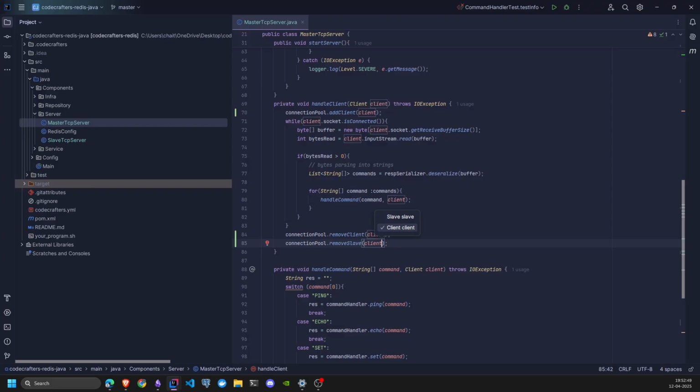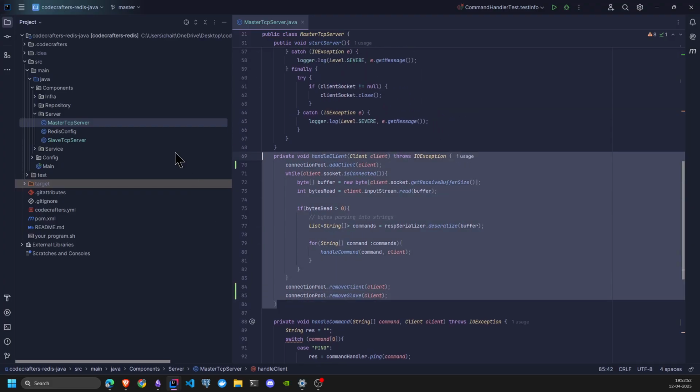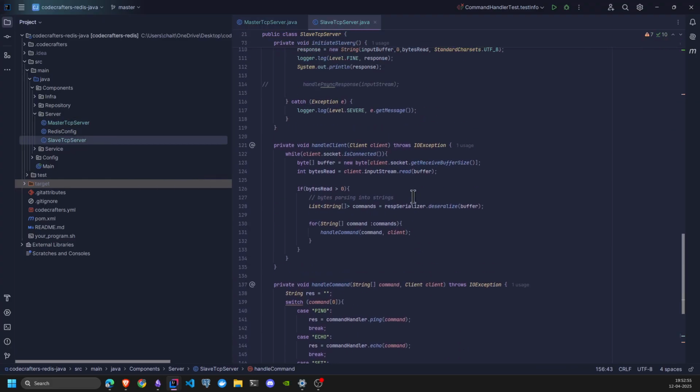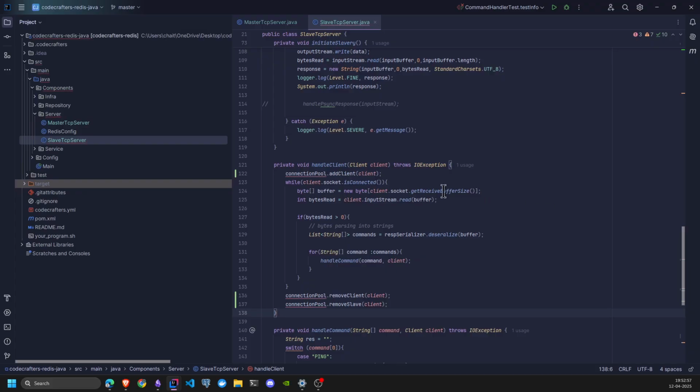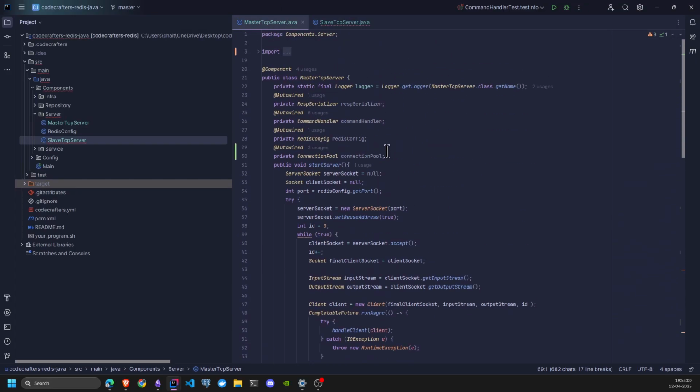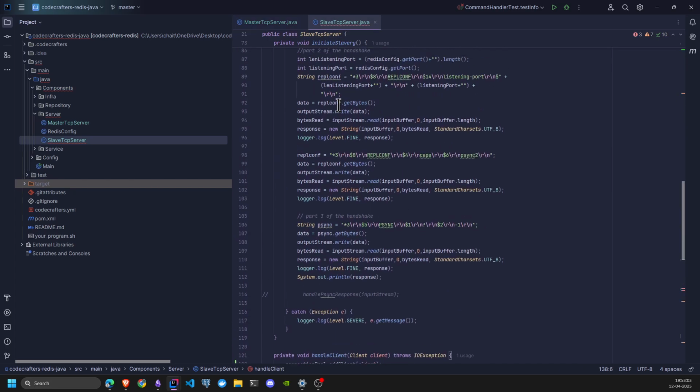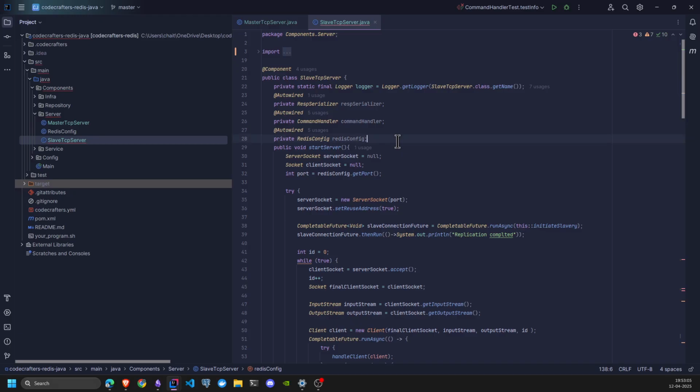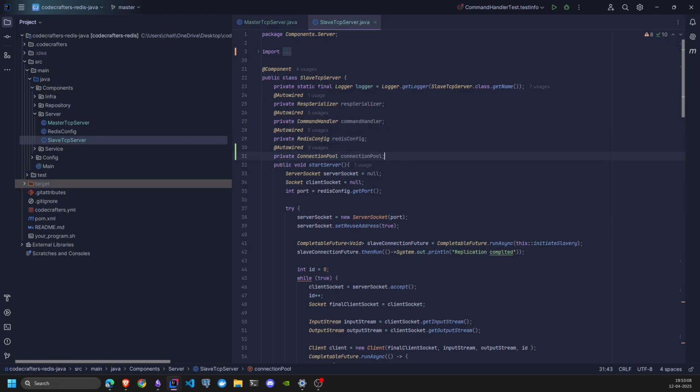And I think we need to do this in both the classes, the slave and the master both. So let's just copy it, and I'm going to paste it right here. But I need to auto-wire it as well. So let's just copy that as well. I paste it right there. So I've added to the clients. I've removed from the clients wherever required. I've added to the slave and removed from the slaves wherever required. We created a slave. We edited, but